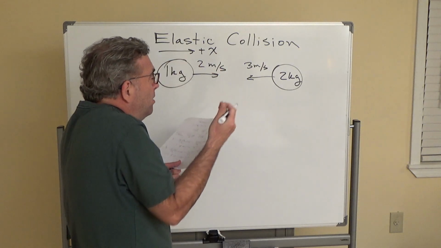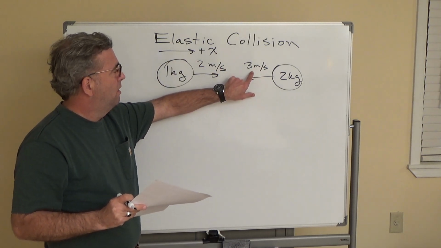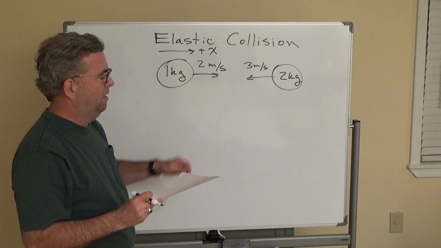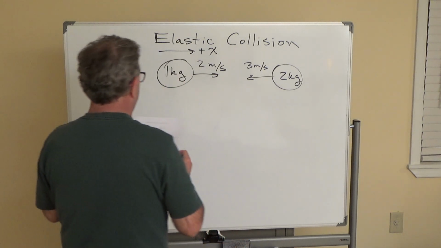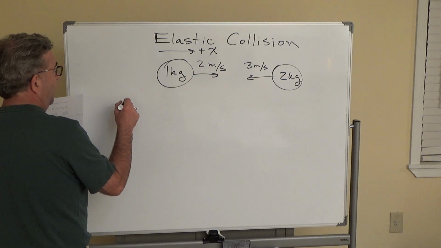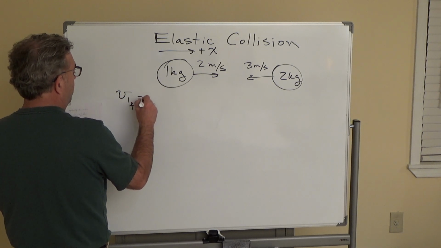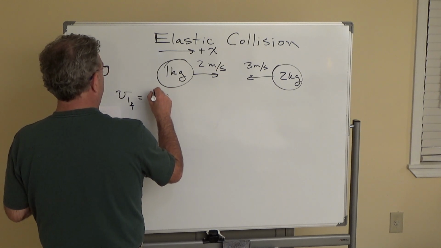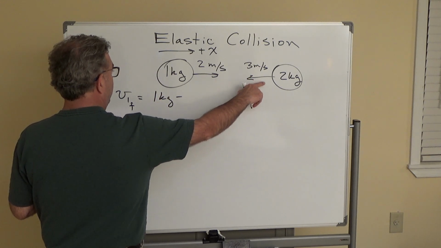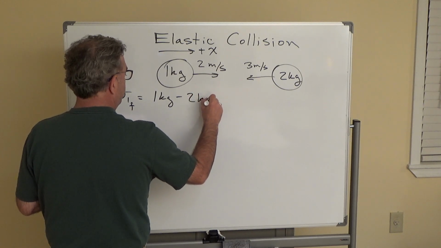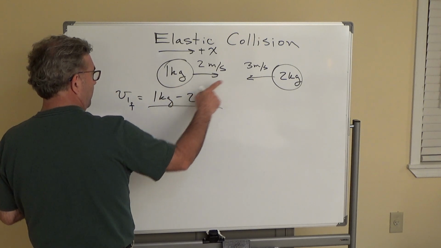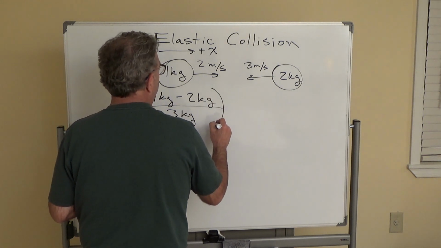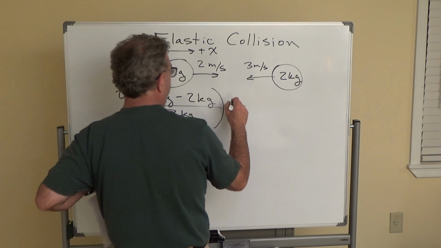Okay? So maybe you can tell, you've got a heavier object going faster and a lighter object going slower. Their speeds, I don't know. Let's see what the equations say. Plugging into the equation that I just gave you for V1 final, V1 final is equal to M1, that's 1 kilogram, minus M2, 2 kilograms, divided by the sum of their masses, which is 3 kilograms, times V1 initial, 2 meters per second,